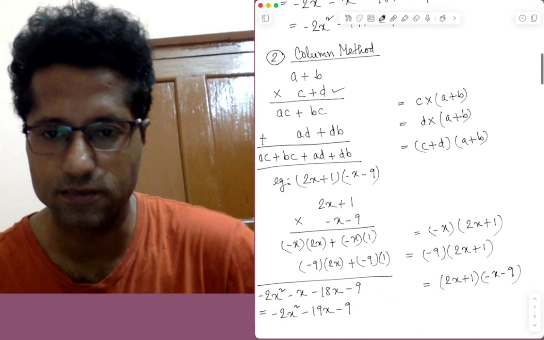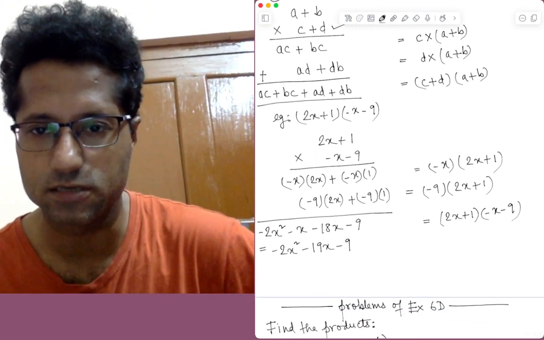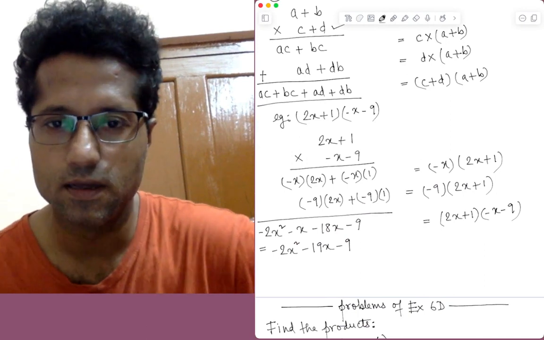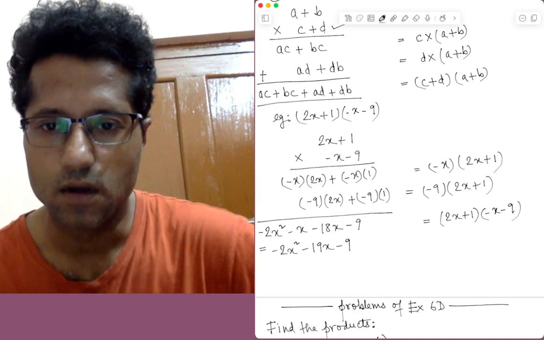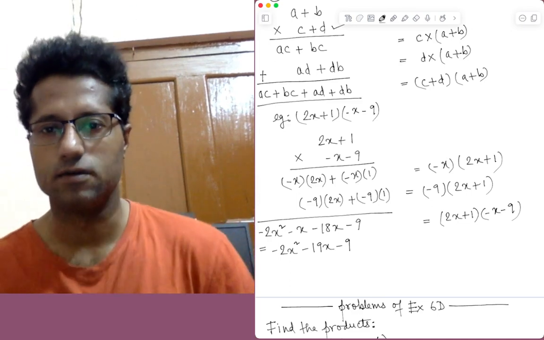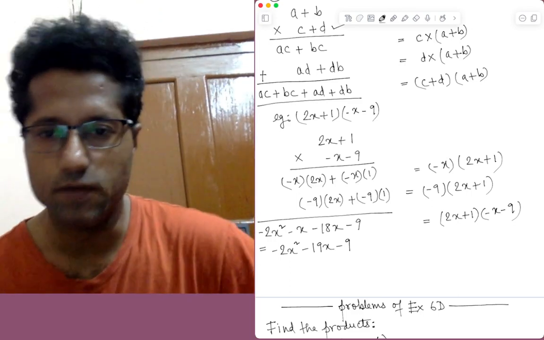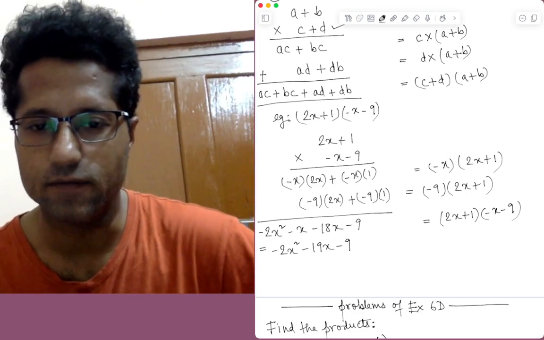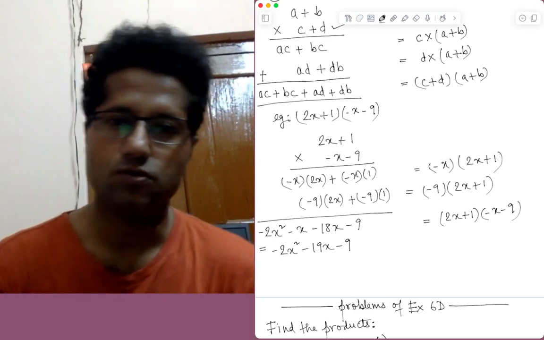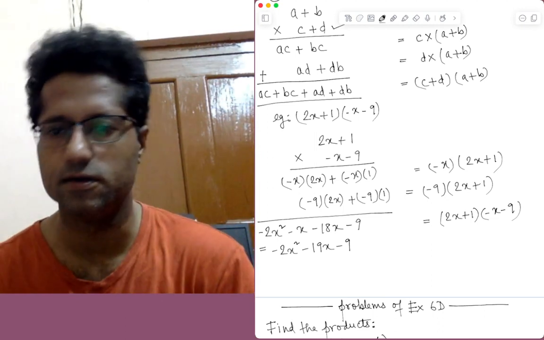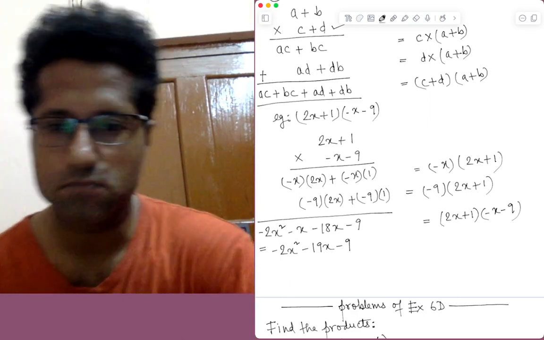As an example, you see the same example, 2x plus 1 multiplied by minus x minus 9. So we multiply the term minus x with the binomial 2x plus 1, we get the first row, and then we multiply the term minus 9 with the binomial 2x plus 1 and we get the second row. Now we add all the like terms and we get the final result, minus 2x square minus 19x minus 9. So visually the column method is more favorable, it's easy to understand,